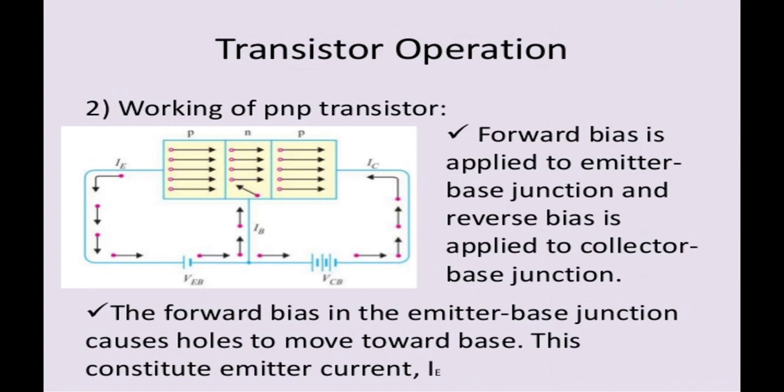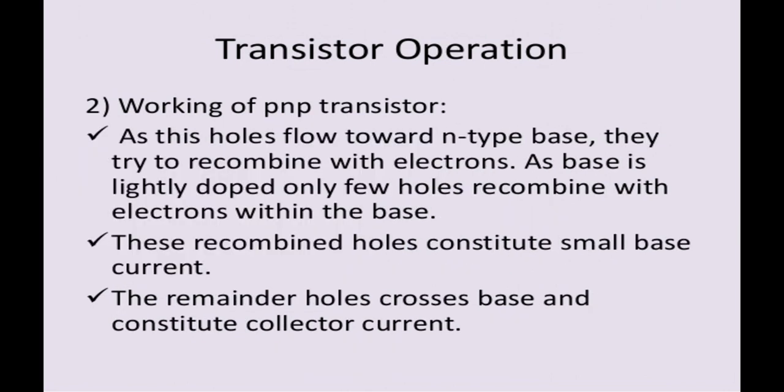Okay, this is the working of the PNP transistor. The NPN transistor works the same way, but the current direction is reversed, because in the NPN transistor the IE current enters the n-type material, then the current is divided. Here IE is equal to IB plus IC, the same equation, with forward bias and reverse bias, but the direction is opposite to the PNP transistor.